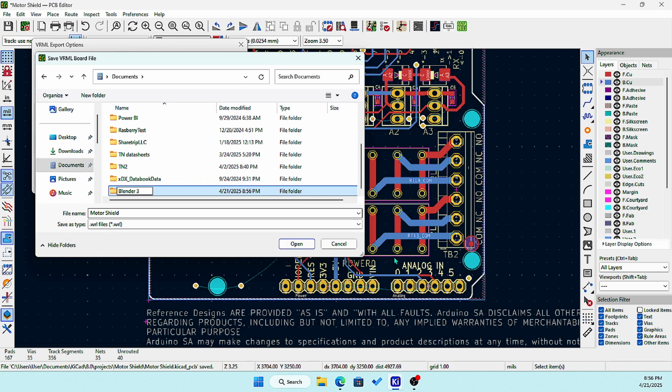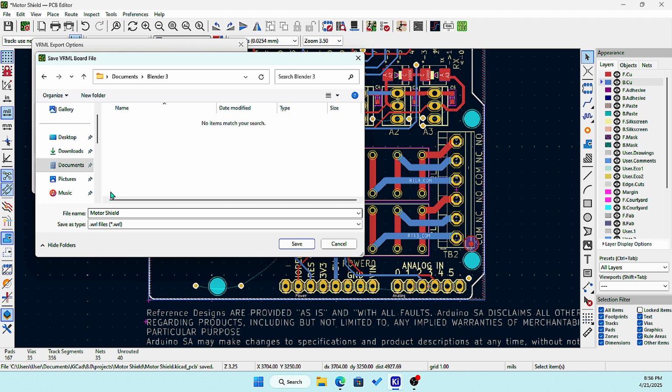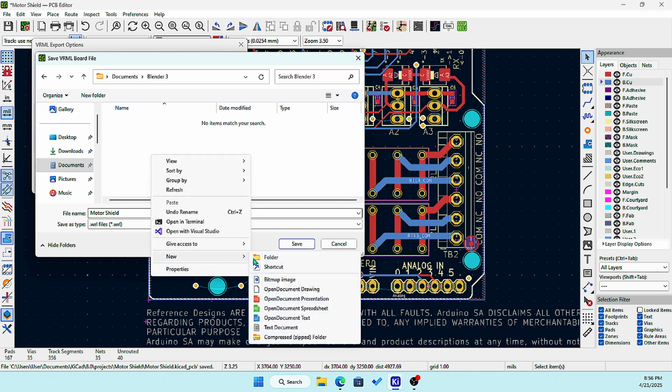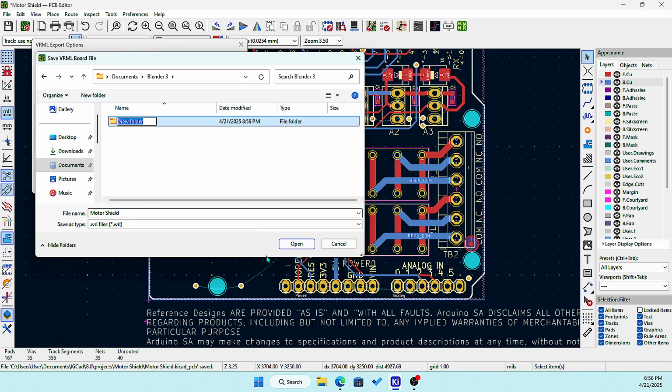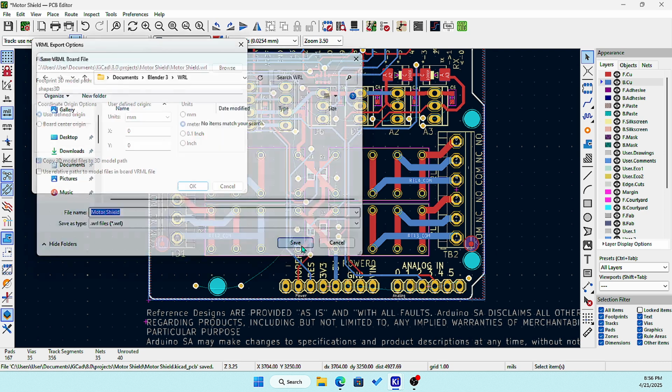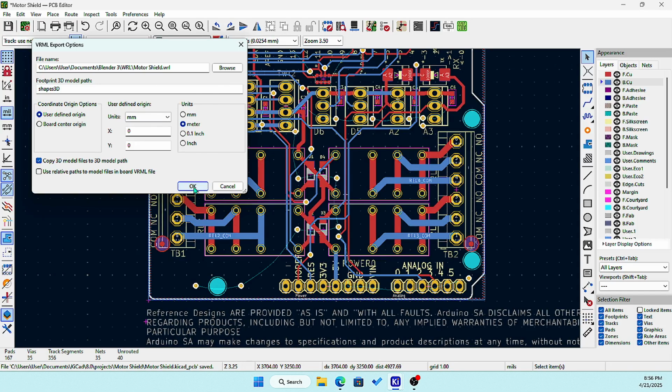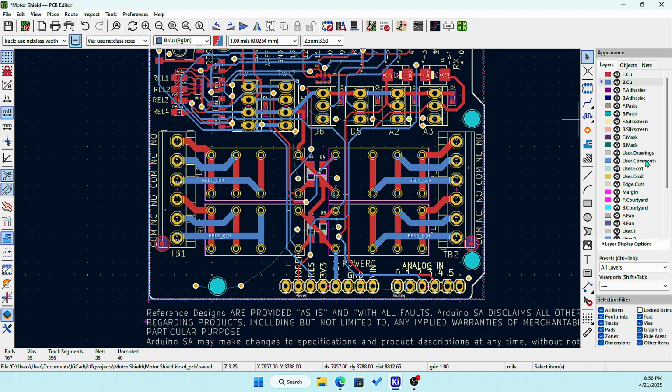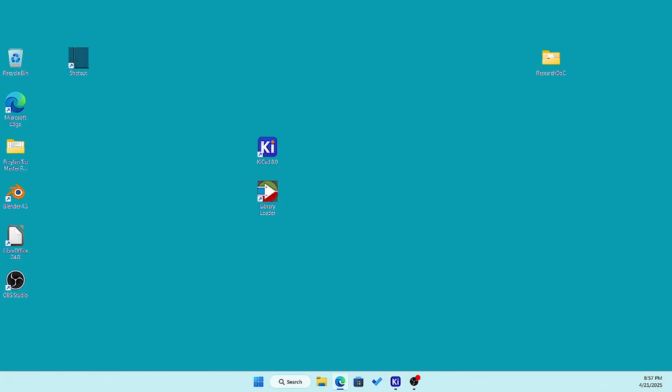Blender 3.0, and then inside this we're gonna say W arrow. Okay, so then we're gonna say here, save it. Then we're gonna say okay. Okay, so now we're done with KiCad at this point. Okay, then we're gonna save all this work,